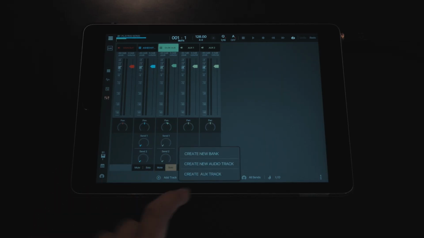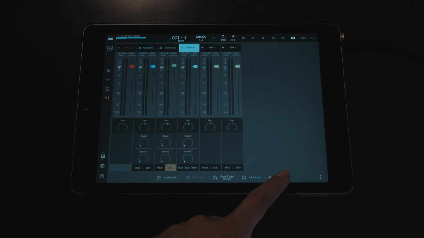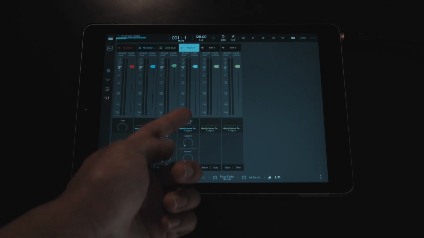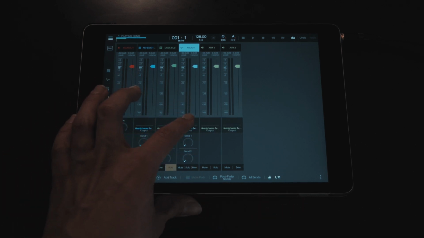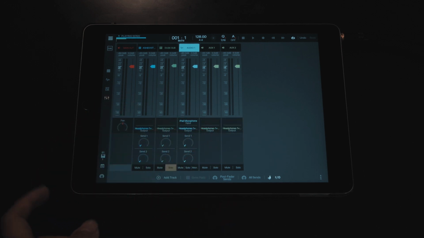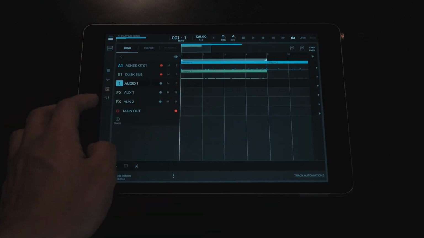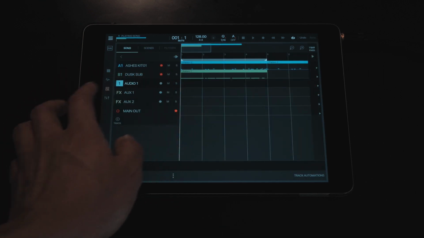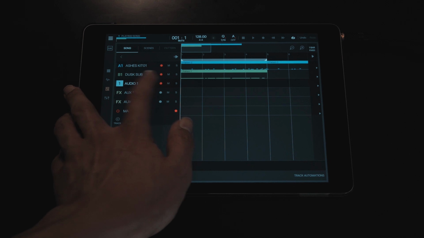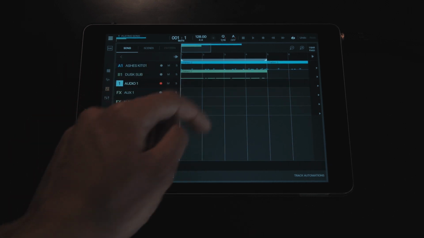We can click on the Add Track button, create a new audio track, then tap the I/O tab to choose what our input and outputs are. We'll need to tap on the input button to make sure we have the right recording device selected. For what we'll be doing, we'll just use the built-in iPad mic in the hardware input section. To start recording, we'll need to go back to the sequencer view and highlight our current audio track we want to record to. Once we tap on the ARM recording button to enable the track for recording, we can tap our main record button to start our session.